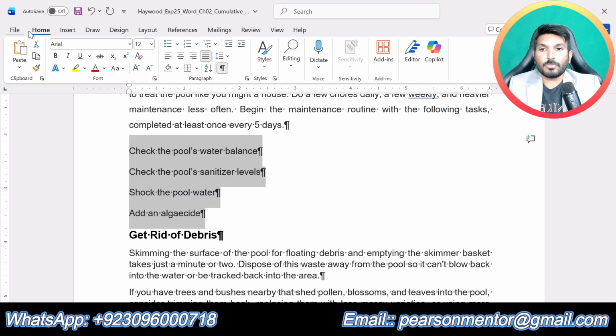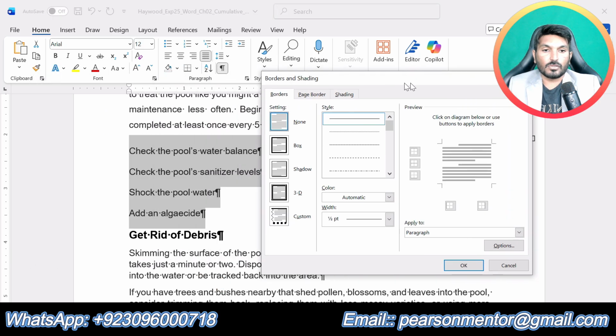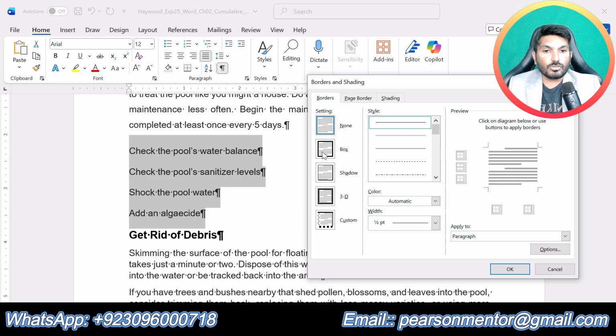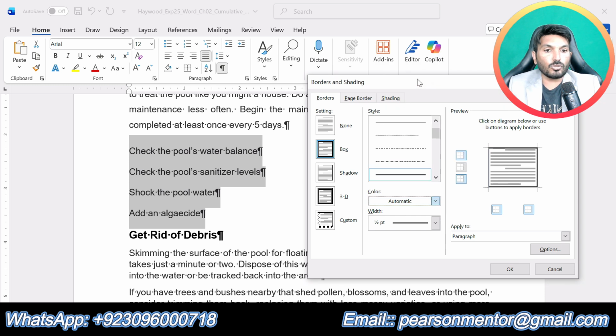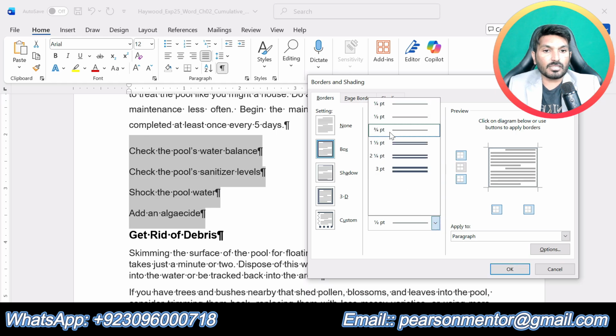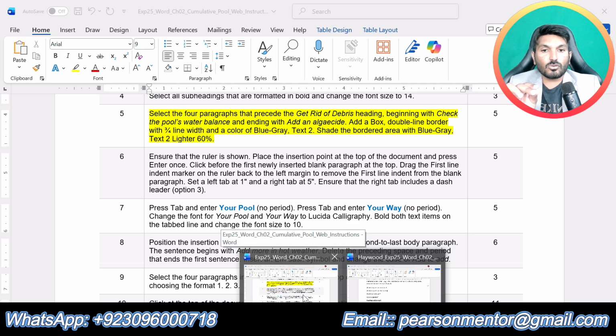So now go to the Home tab. Now in Paragraph you can see Borders. Then click on Borders and Shading. So now we are supposed to select Box because we are supposed to apply a box border. Then double line, this one. Style should be double line. Color should be Blue-Gray, Text 2, and line weight should be 3/4. Because all of these are mentioned in the instruction: Blue-Gray, Text 2 is the color, 3/4 line width and double line border. Then shading should be Blue-Gray, Text 2,